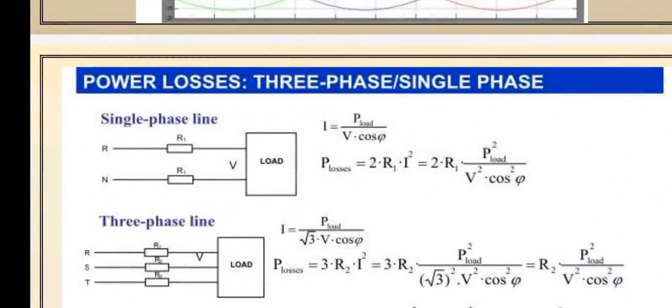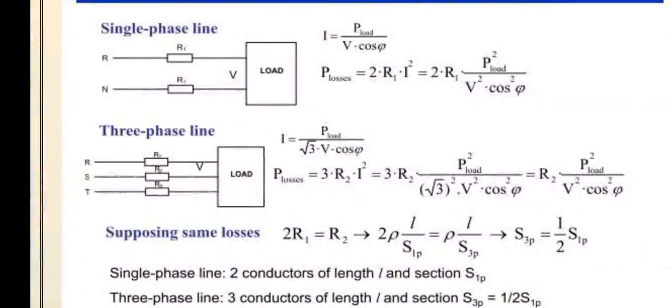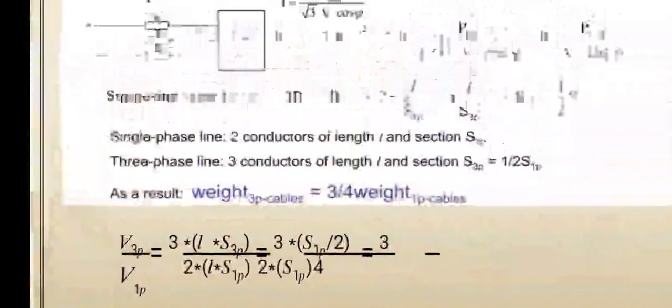Then what is the loss? During transmission, because of the distance between the generating station and the distribution station, there is a transmission loss. When power is generated and transmitted from one place to another, there is a corresponding equation, and from the equation we can calculate the power loss.